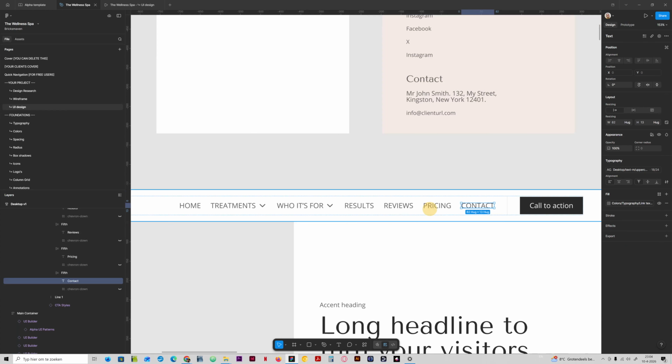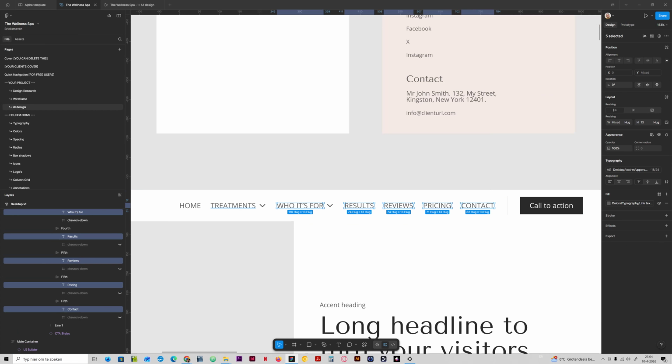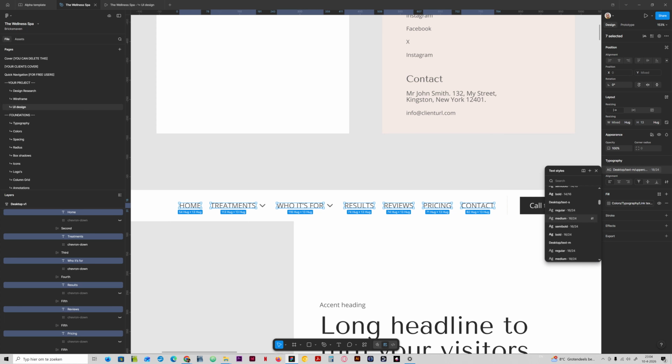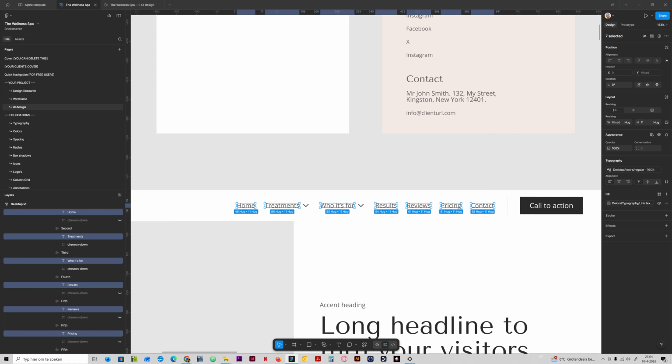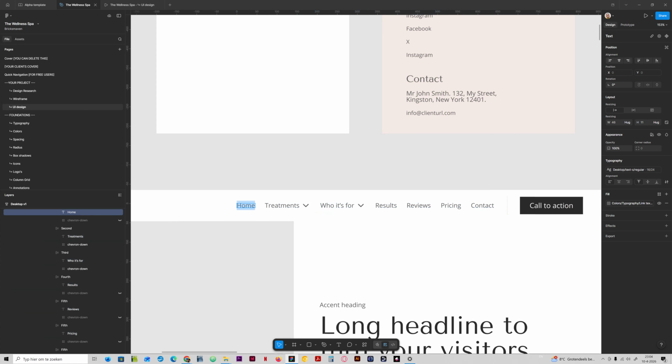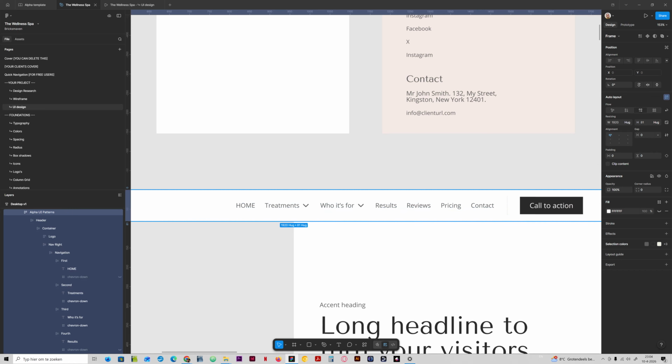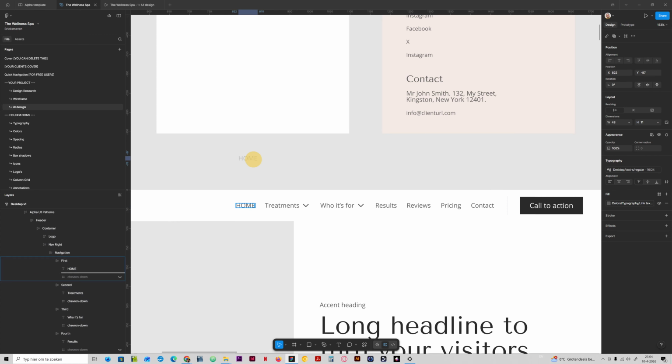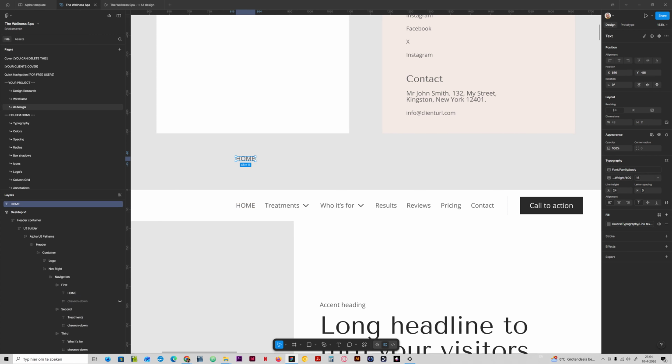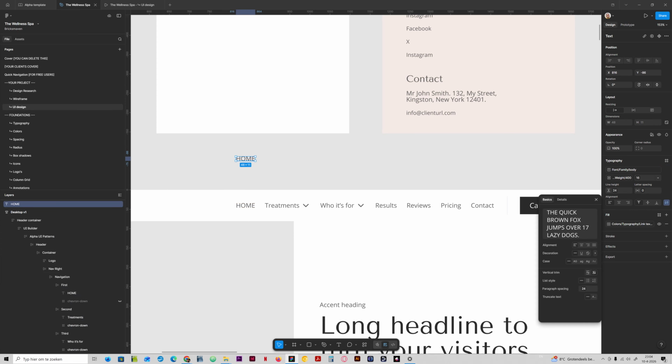Let me select these again, because I like it, but I find it to be a little bit too large. So yeah, let me see if I read this in uppercase. Okay, looks better. Okay, so I'm going to just copy this again, detach that, set this to uppercase,